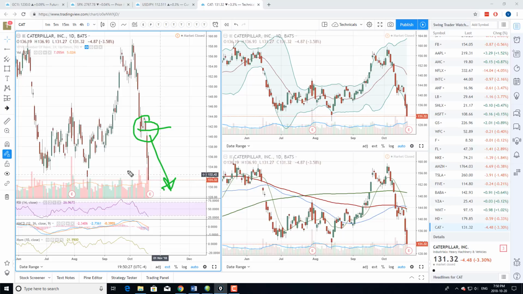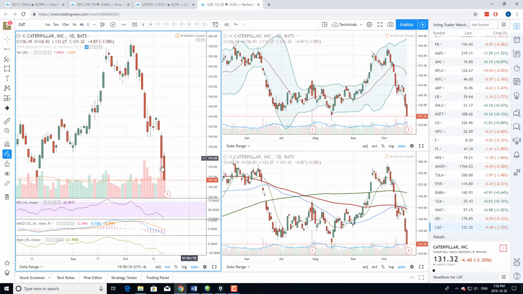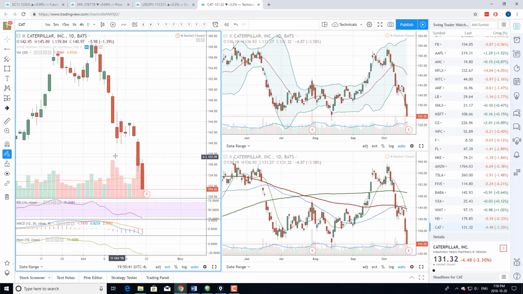So long wicks are considered to be a big fight between buyers and sellers, and one does prevail ever so slightly. So right here, if we do zoom in, we can see two bigger wicked candles form, one right here and the other one right here. You can see this was the high of the candle and this was the low of it. That's a pretty substantial range, but you can see the body of the candle is pretty small. Again, this doji here forms again, and the sellers in both instances get the upper hand and press the momentum